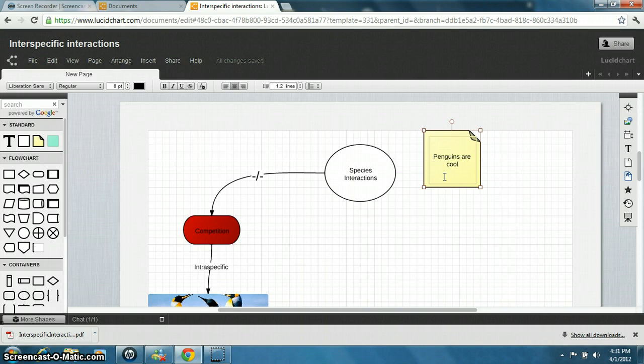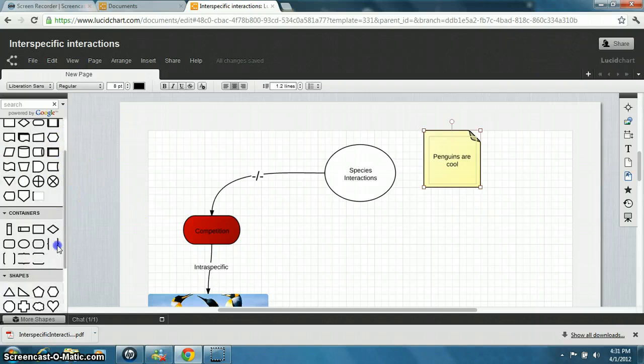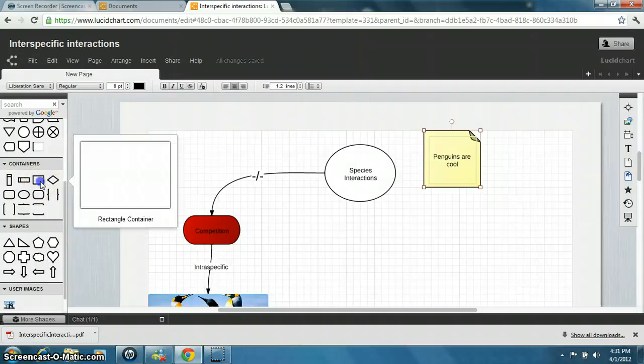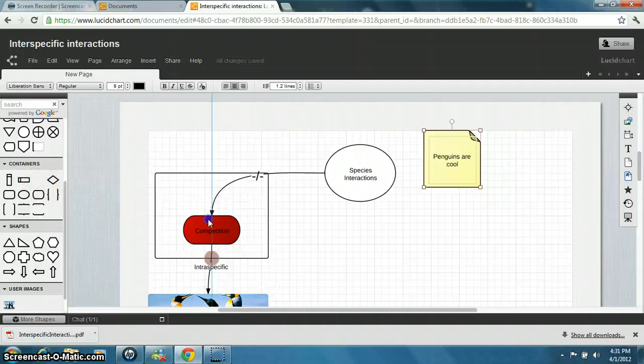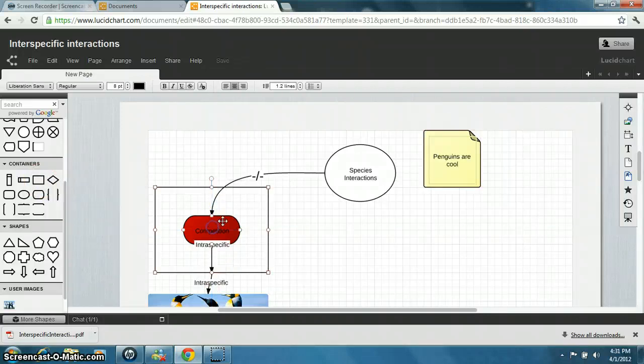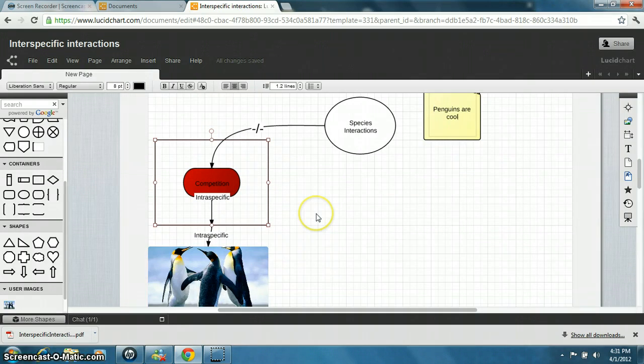So, note and our containers. If we want to further organize our flowchart, we can do this by having a container. We can put some things together better than